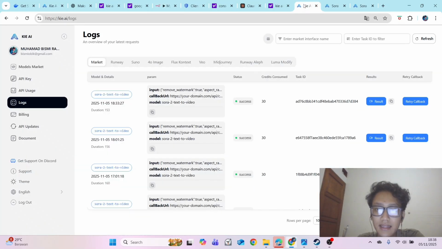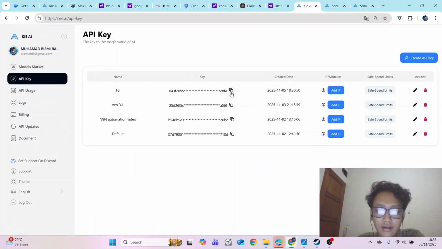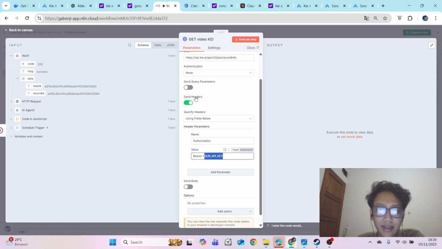For example, I use my API key here, paste after the Bearer word.